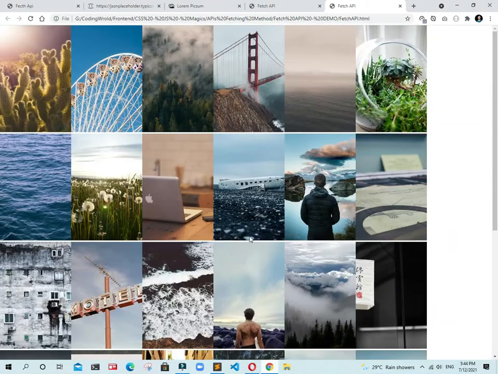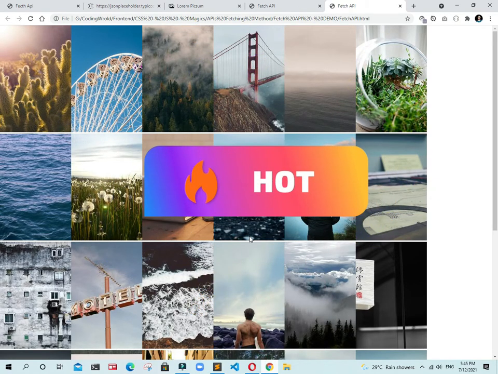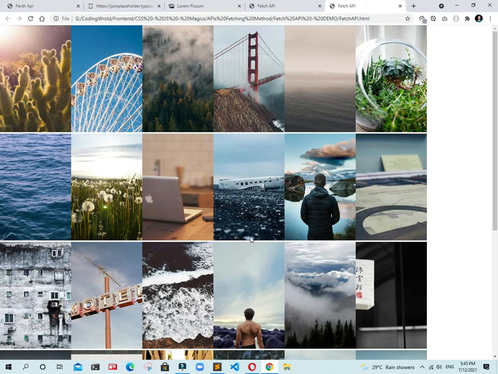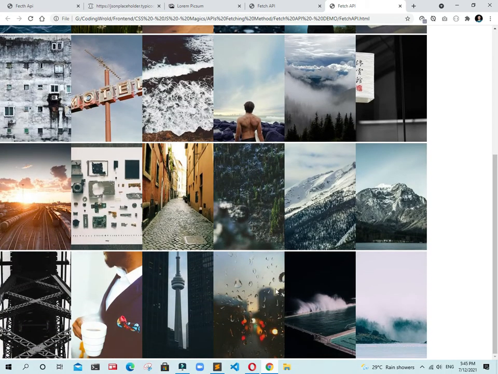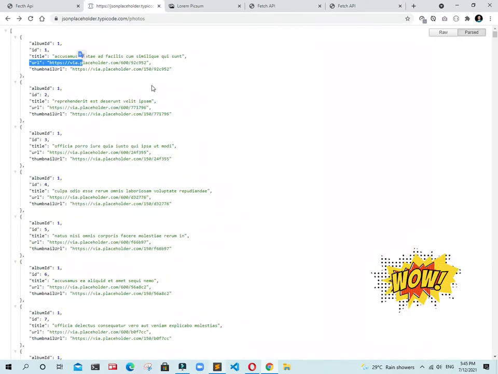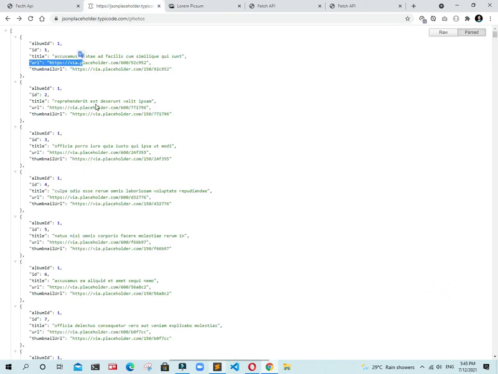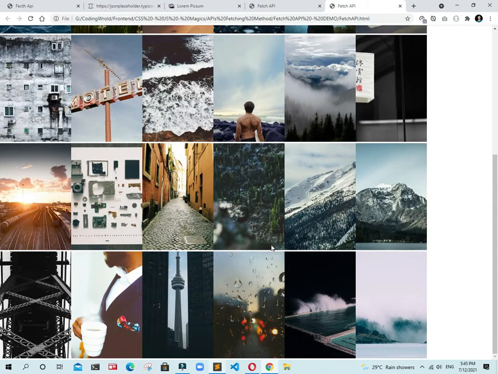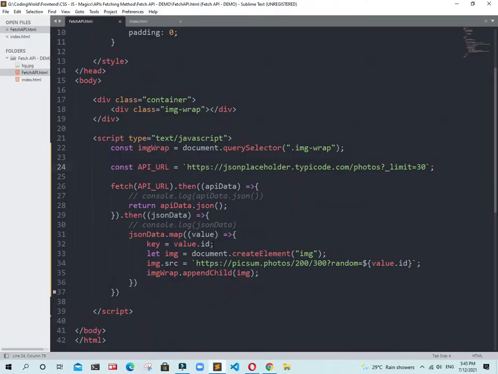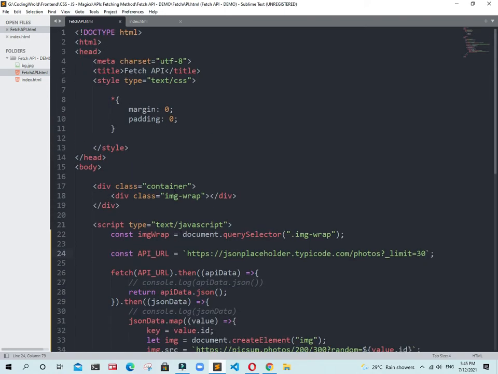How cool is that, we fetch the API with a limit. Basically we are tackling two APIs. First one is this API and the other one is this. We are storing this Lorem Picsum API inside this API, and this API is sending us a response as a promise, and it's giving us the data. Really cool. Now I am going to style this one.